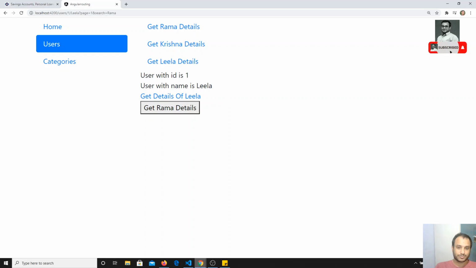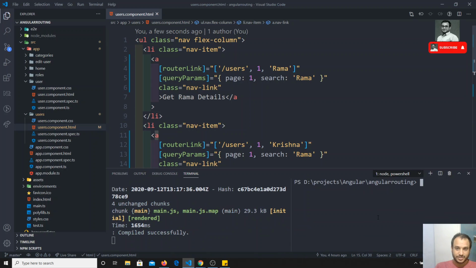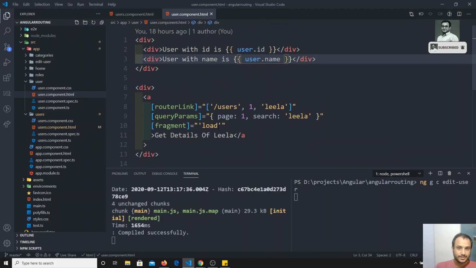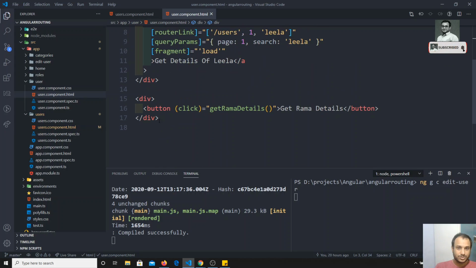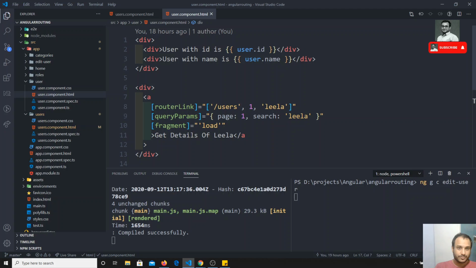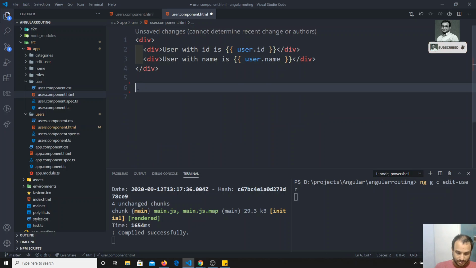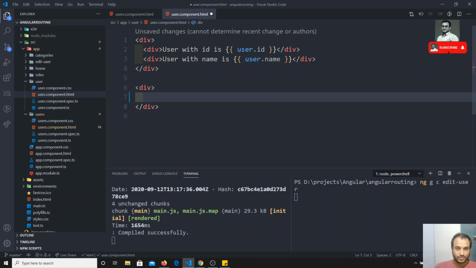Now we have an edit option. So now I will create it with ng g c edit-user. I have another component, edit-user. I can go to this component.html, remove all these things, and add one div tag and one button, so that on click it calls onUserEdit or something like this.